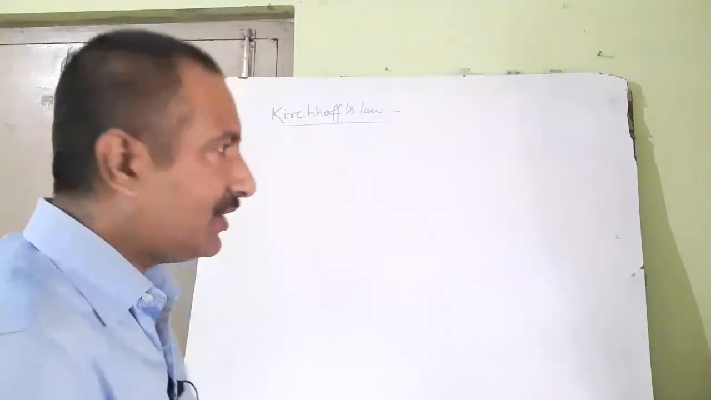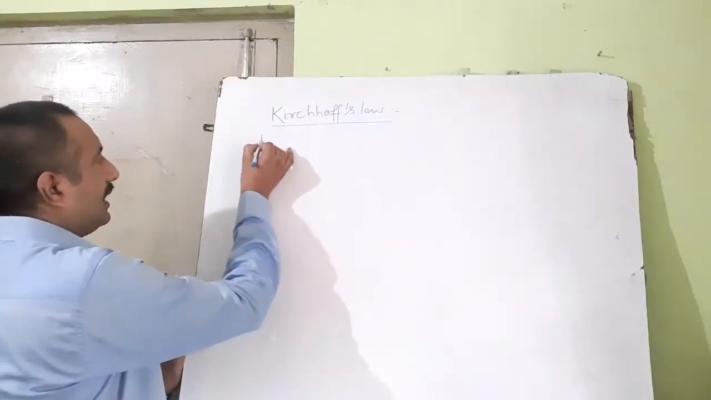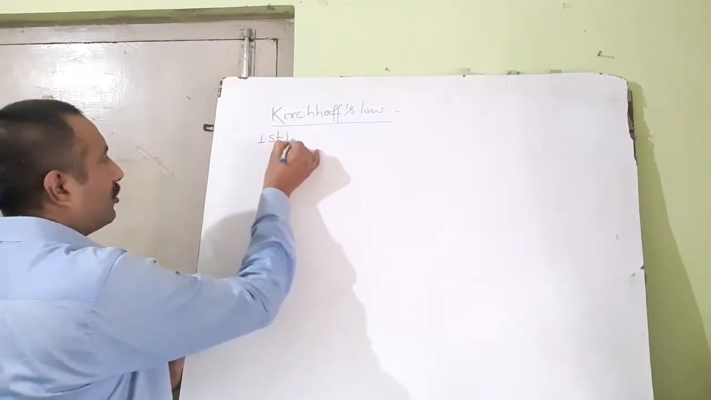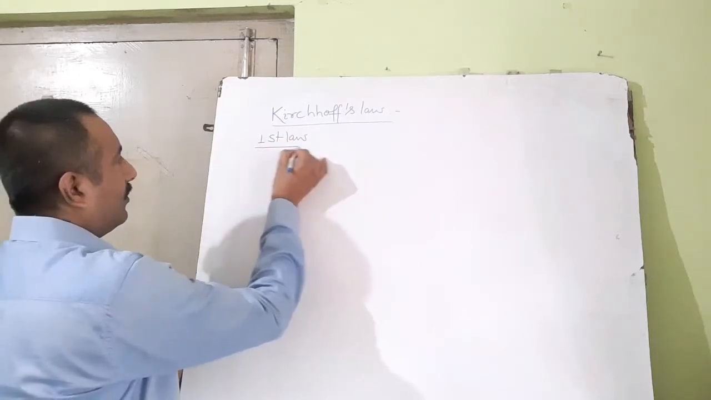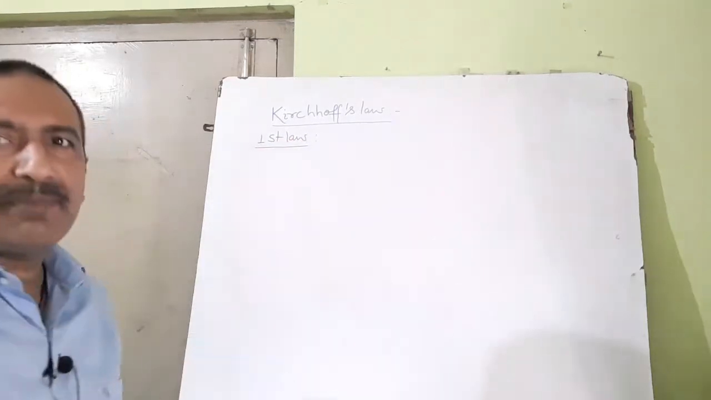First law is like this. The algebraic sum of electric currents at a junction in a closed loop is 0. Got it? The algebraic sum of electric currents at a junction in a closed loop is 0. This is the first law. Just see,